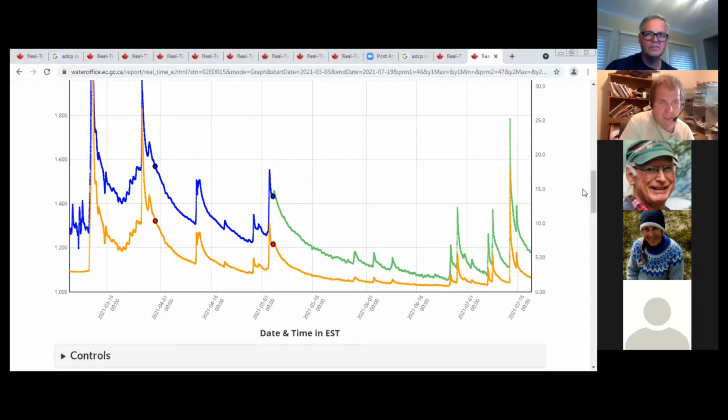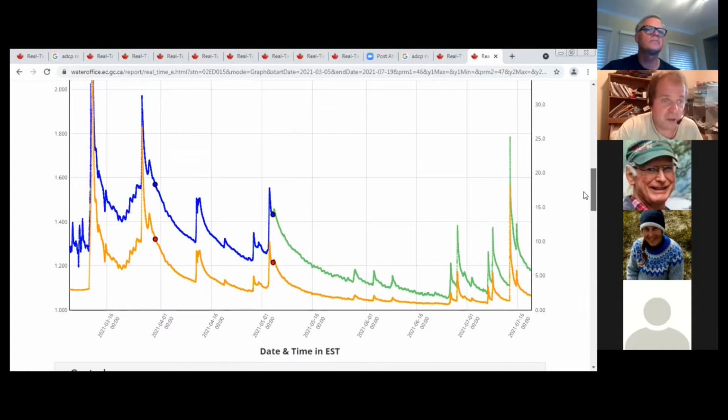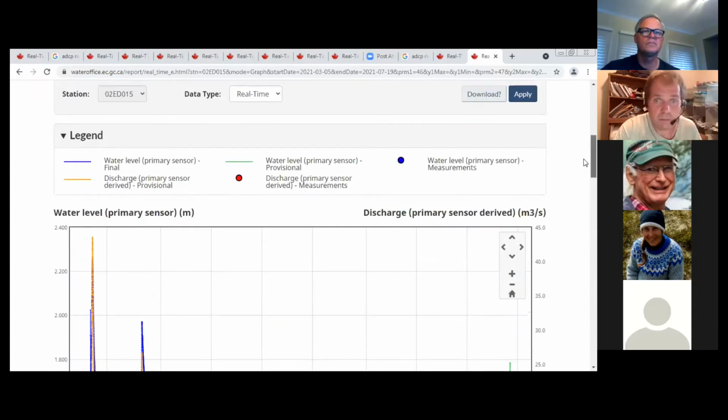are busy making sure the equipment's working, doing a scan of the river to verify that what's being produced by the machine can be duplicated by this ADCP drone machine. And when that's finished and they're happy, the provisional data becomes accepted